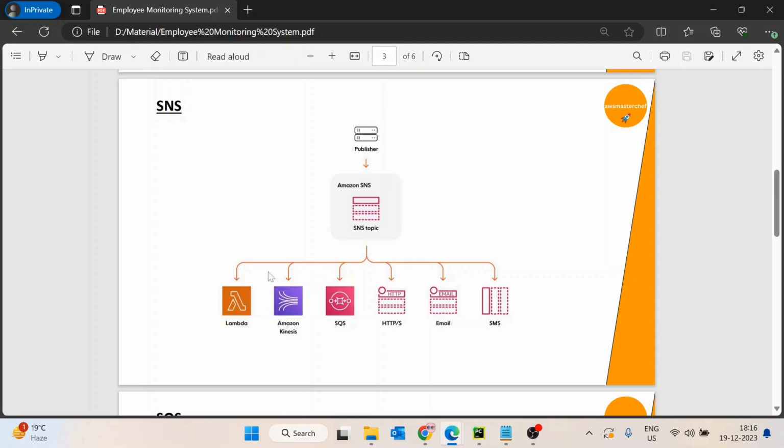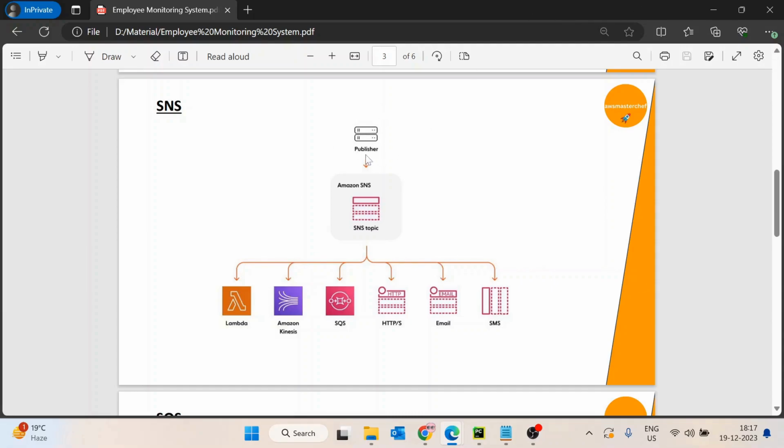We just discussed the application to application and application to person scenarios, but if we ignore this point, in what scenarios should we use SNS? If you have a single message and on top of that message you want to perform more than one action, like sending SMS and email, two tasks, then we usually use SNS.